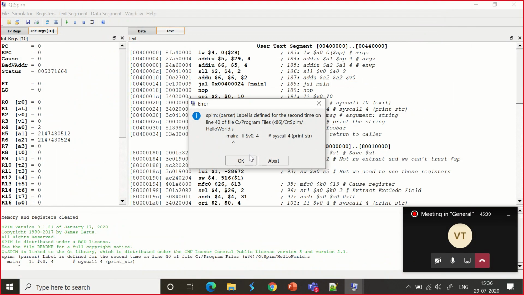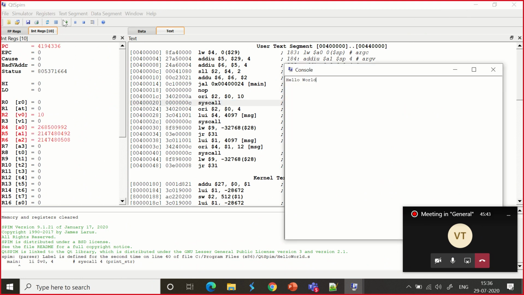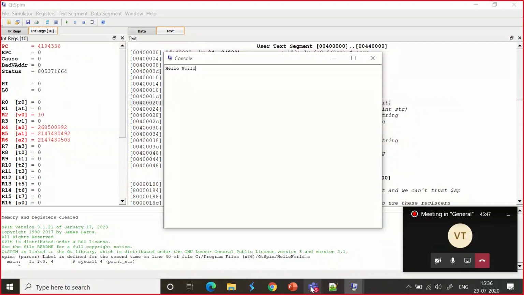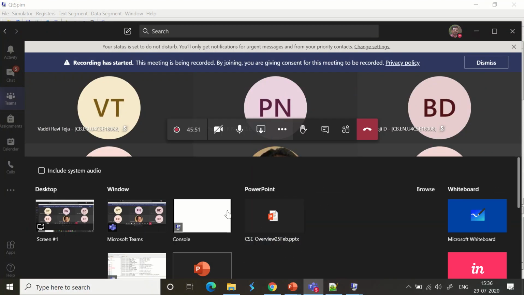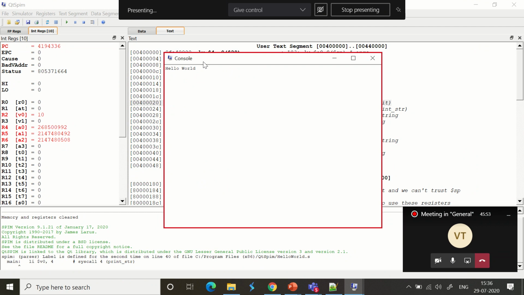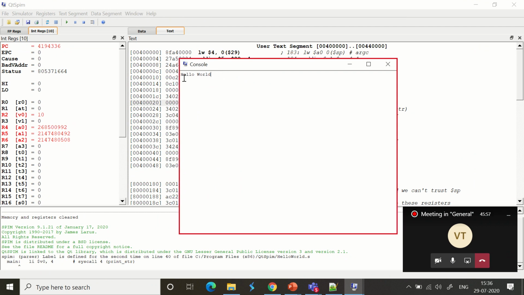Open it. The moment you open it, you will get the executable button here. You can see the executable button, and you will get the result out here as hello world. I do not know if you can see that. If you are not seeing it, I will show it right away. You can see that the console is open right now, and you are getting the result hello world here. This is the way we are testing if the installation is proper.